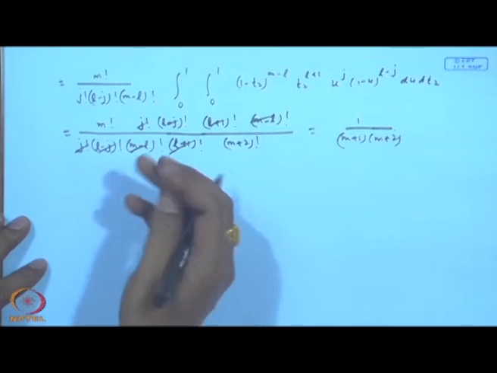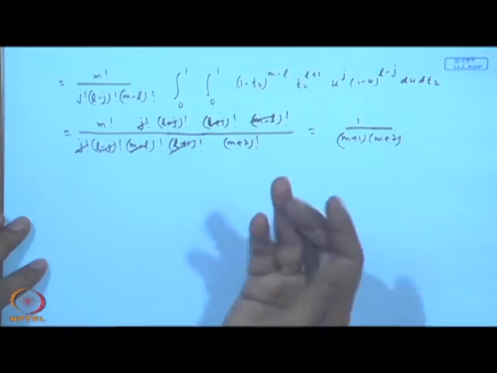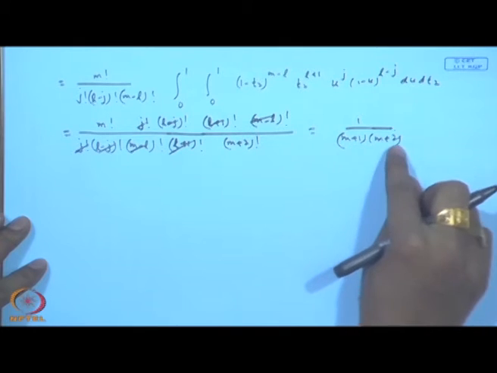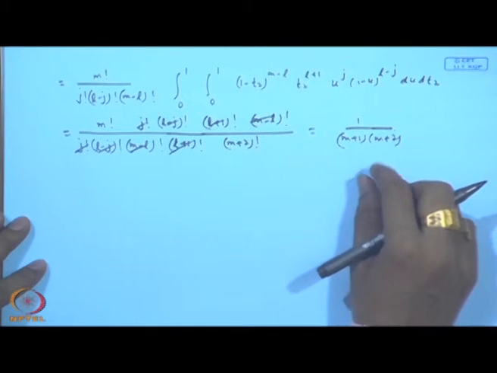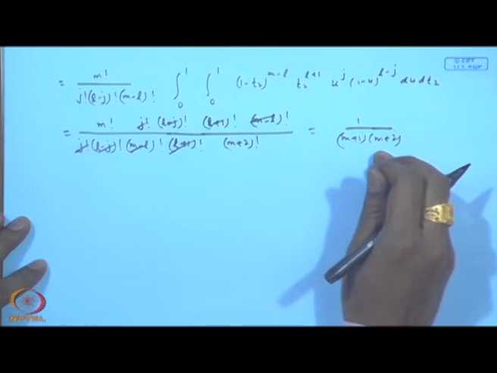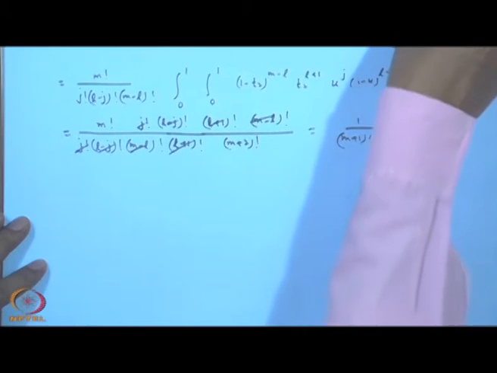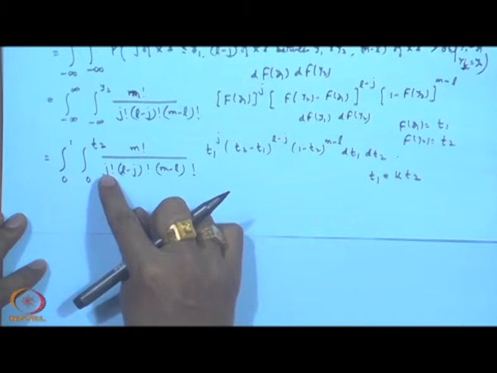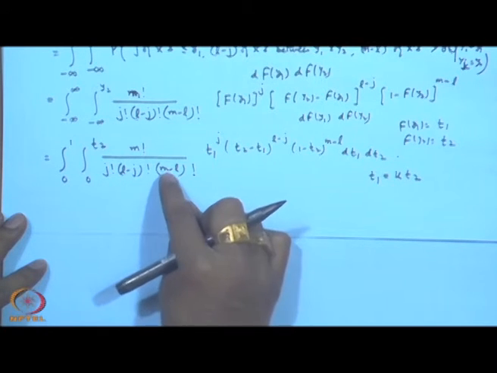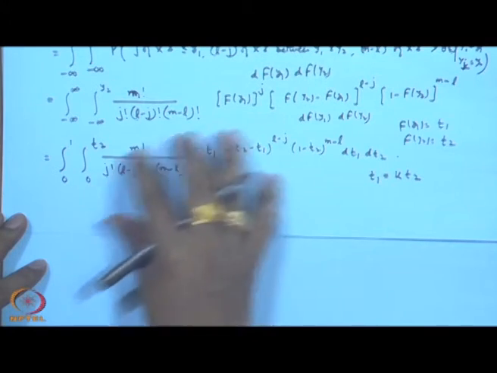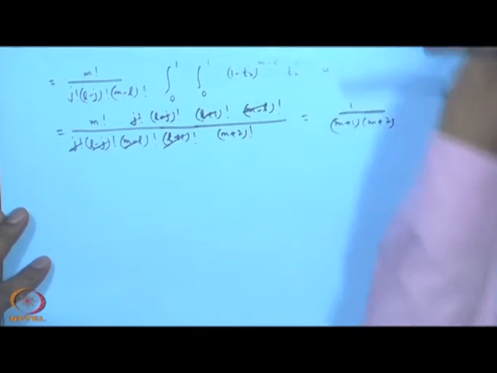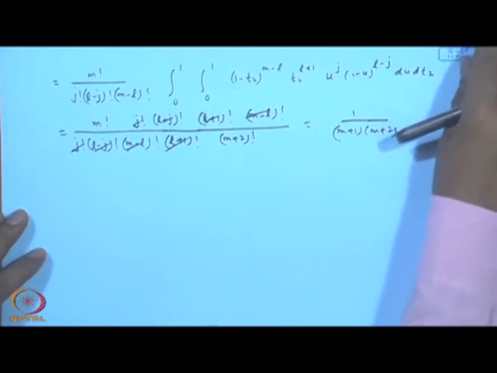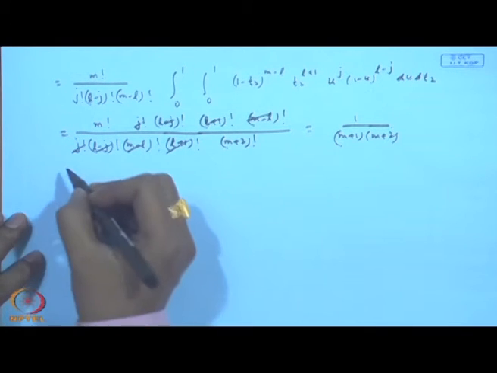Now, the other case when j is greater than L will be similar. In fact, you can see here that this value is not dependent upon j and L. So, the only thing that we considered is j is less than L. If I considered j greater than L, then in the expressions it will get reversed. Here it will become L factorial, here it will become j minus L factorial, and here it will become m minus j factorial. That is all. So, all these things will be suitably interchanged, but the final value will still be the same. Now, the only other case that I need to consider is j is equal to L.